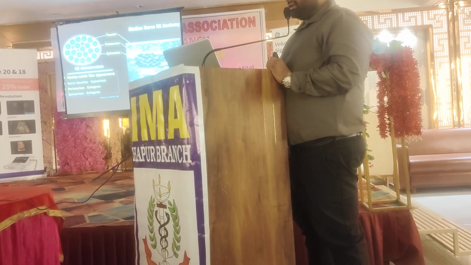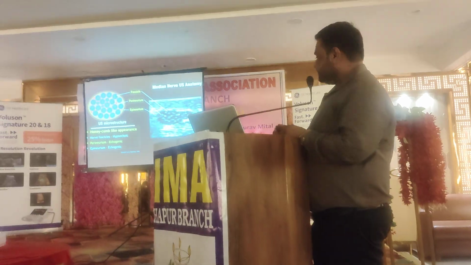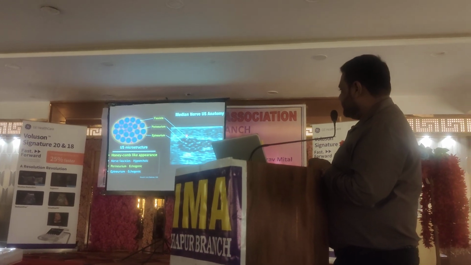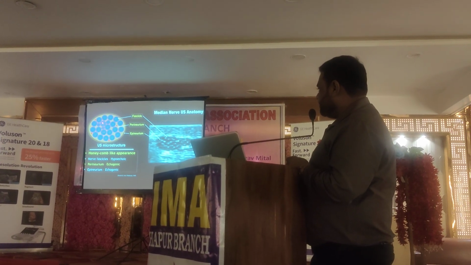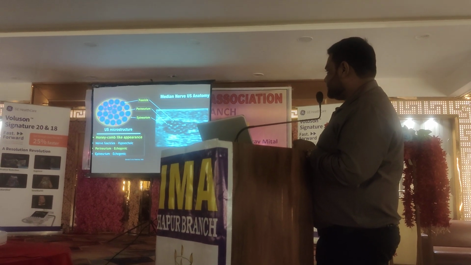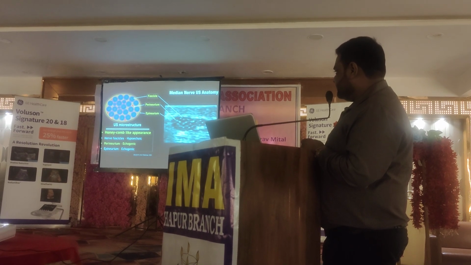Now this is the first USG image of median nerve. Now here we can see that the appearance of median nerve is of honeycomb appearance. Why? Because this blue shaped round figure is fascicle, which is echogenic in median nerve, and the perineurium, the yellow